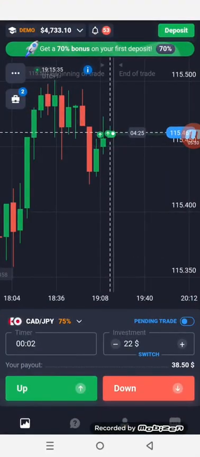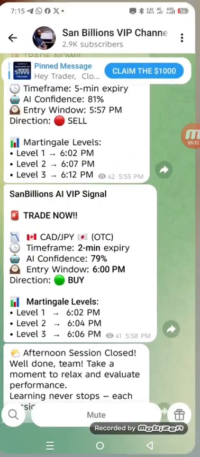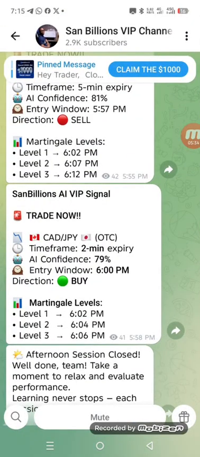Now I want to explain what the martingale levels mean. Not all signals come with these martingale levels, but let me explain what the martingale level means. Martingale level can also be called martingale strategy. What this martingale means is that when you take the trade the first time at 6 o'clock,